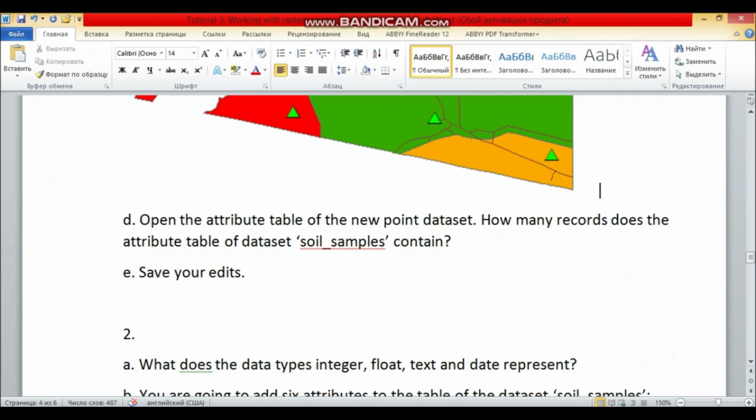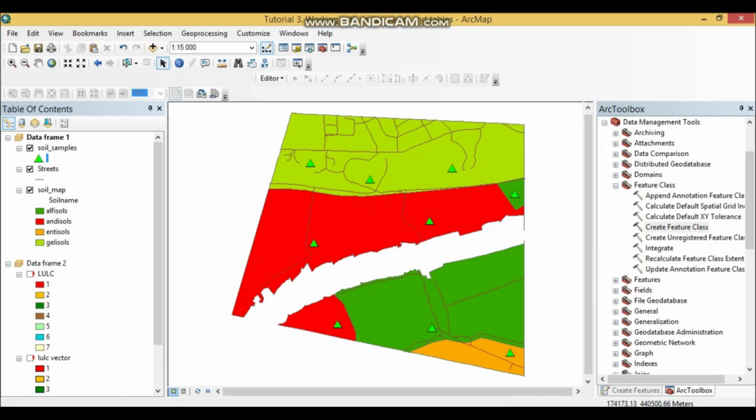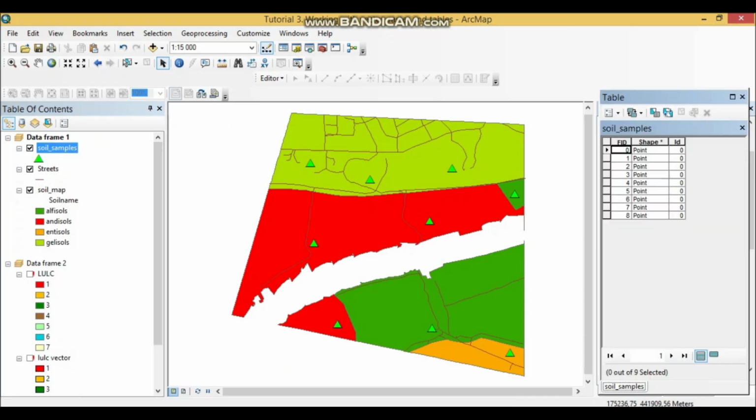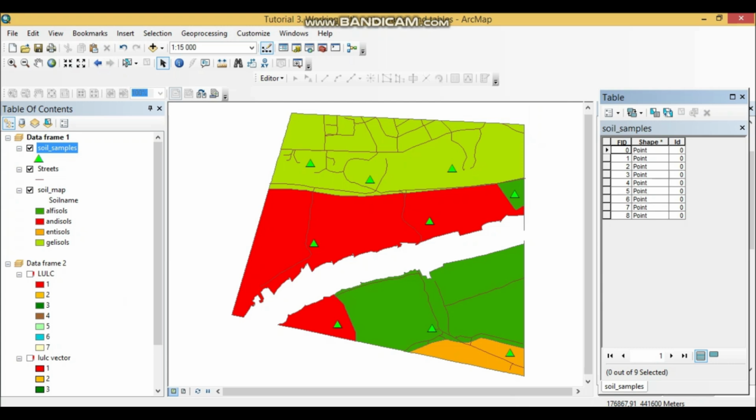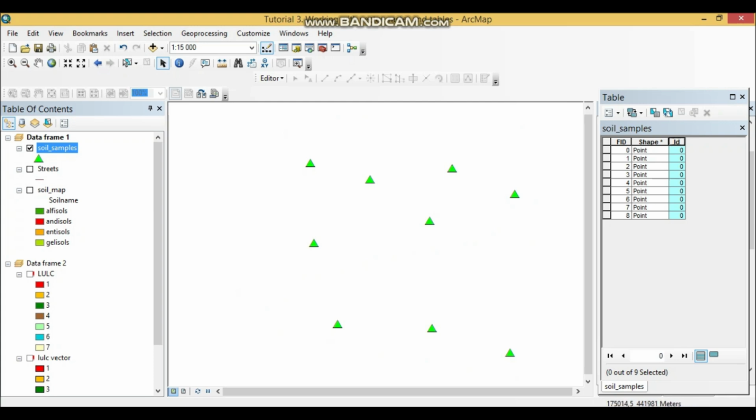Open the attribute table of the new point dataset: how many records does the attribute table contain? So let's go to the attribute table, and we can make a print screen. We can see here that this dataset already contains 9 records with three attributes, but we can also delete these attributes, though we will need them in the future. So 9 points are detected and saved into our attributes. In both we have 9 points as spatial information, and we also have 9 points which are saved